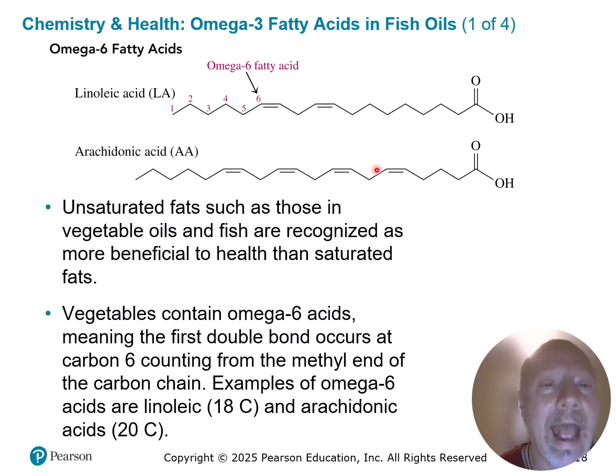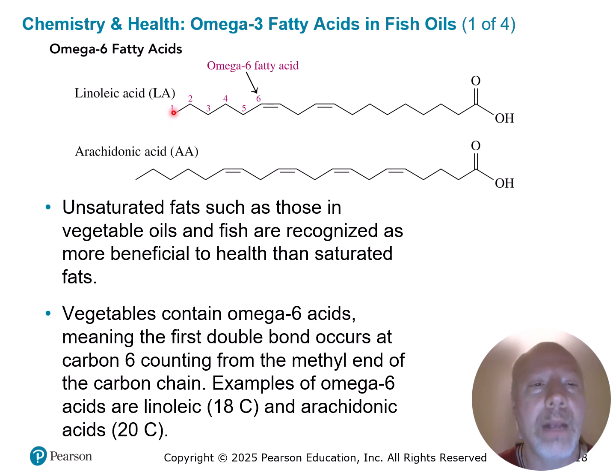So omega-6 acids, this is where the naming goes a different route. Remember how I told you if you count from the carboxylic acid, often the first unsaturated point will be at carbon 9. Not always, because you see in arachidonic acid, that's not the case. It's 1, 2, 3, 4, 5, where the 5 is, then 6, 7, 8, 9, so that's not a surprise. But we often name the fatty acid from the end of the chain, from the very simple part of the molecule,